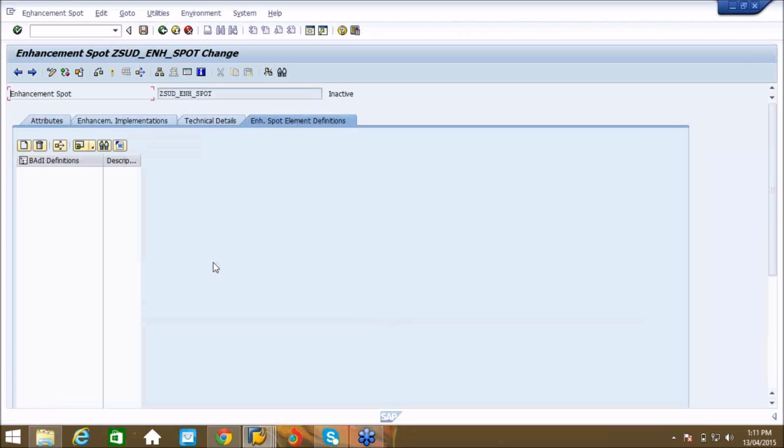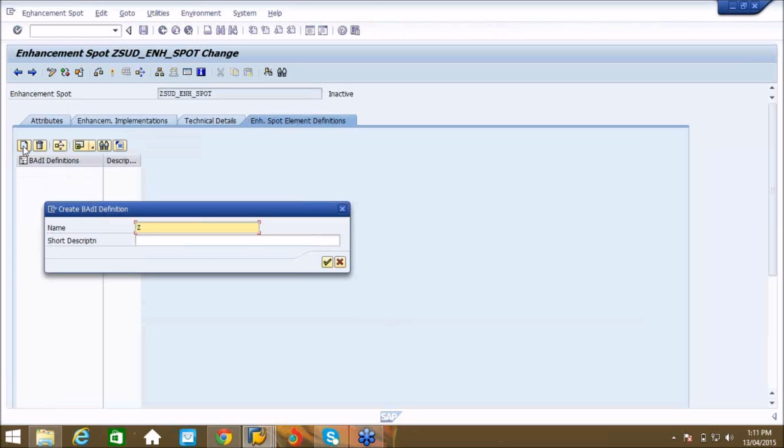This is the enhancement spot, right? So under this enhancement spot you can create a BAdI definition. How to do that? There is an icon here, create BAdI. Click this. You can give some sort of name, ZSUD.